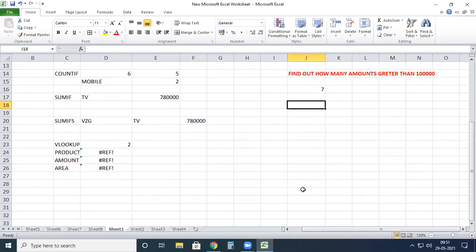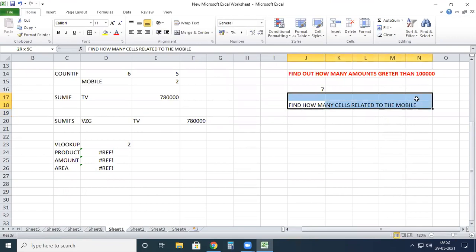For example, I want to find how many cells are related to the mobile, how many rows give the representation of the mobiles.